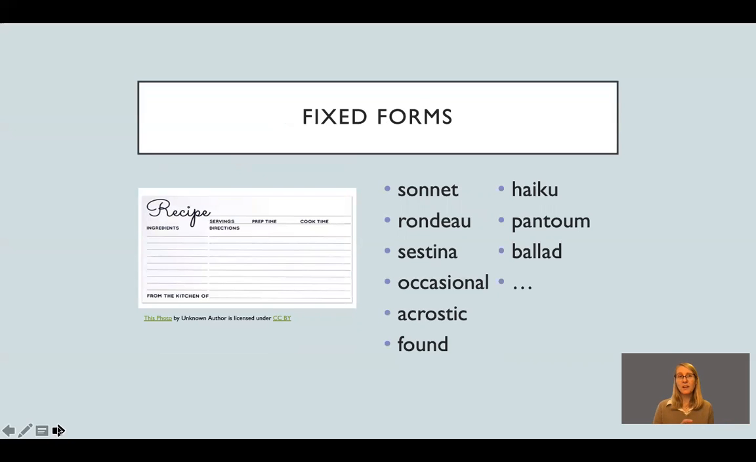So fixed forms are essentially like recipes. I have a recipe card there to help us remember. These are poems that you've come across, likely as a student when you were in elementary or grammar school. And you might also know them because some of them are part of popular culture and historical culture. But names for types of poems like the sonnet, rondeaus, sestinas, occasional poems, acrostic poems. Probably you've made one with your name at some point. Found poems, haikus, pantoums, ballads, and I even just put an ellipsis there because the list goes on and on